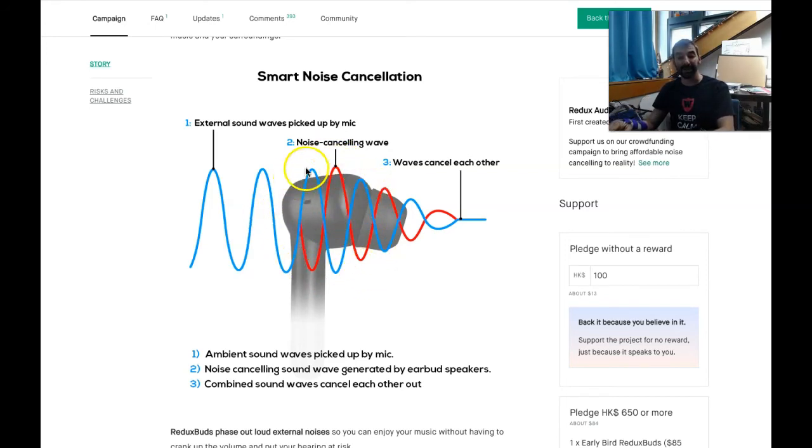Well, now we see a crest here and a trough there, and essentially the crest falls into the trough. Here, the same thing, the crest falls into the trough, and what they do is they add destructive interference. They cancel out that outside noise. So the active noise canceling headphones are actively trying to hear what's going on outside. They match that frequency, flip it upside down 180 degrees, and then that combines to nothing. It totally cancels out the wave.